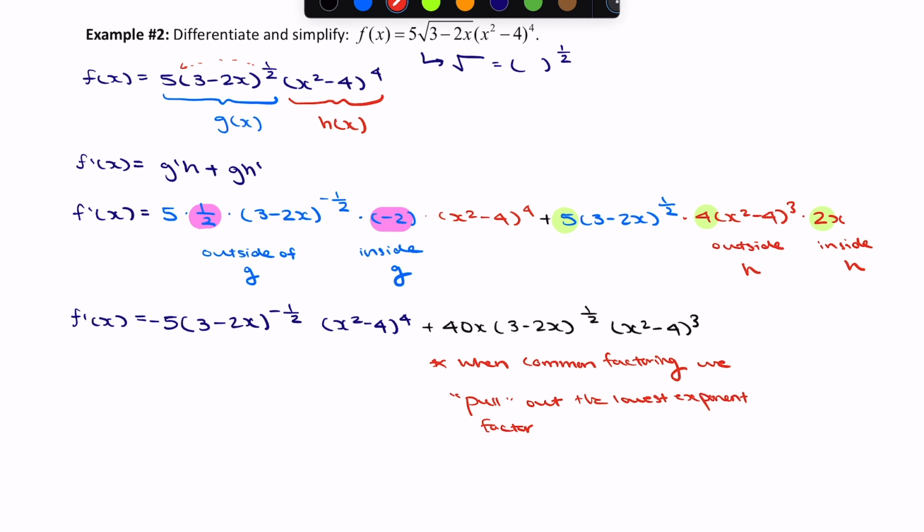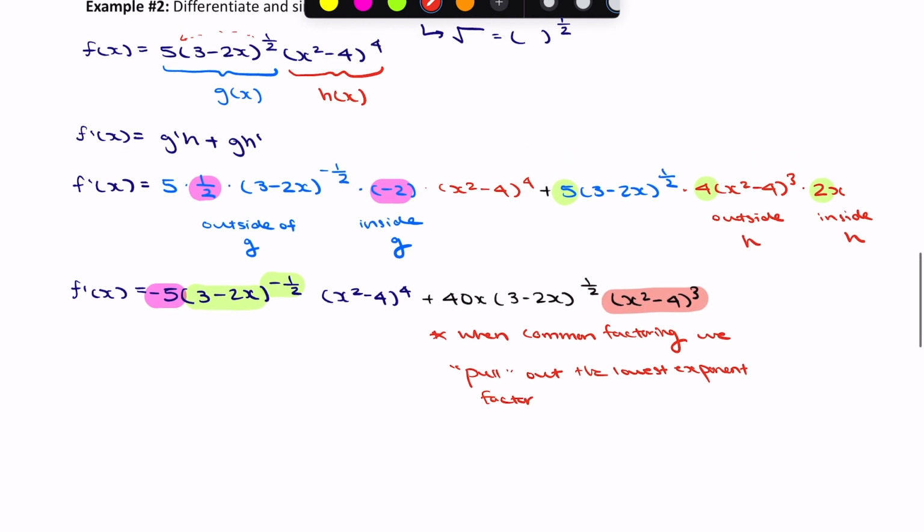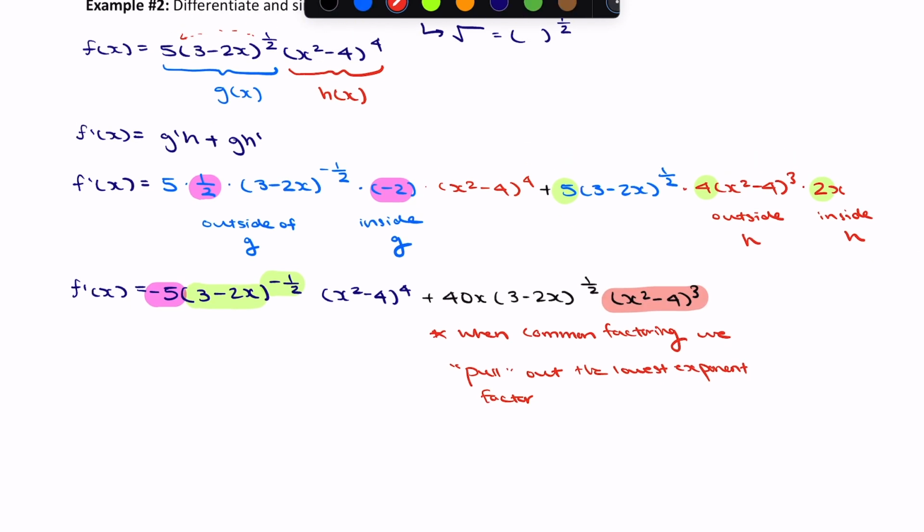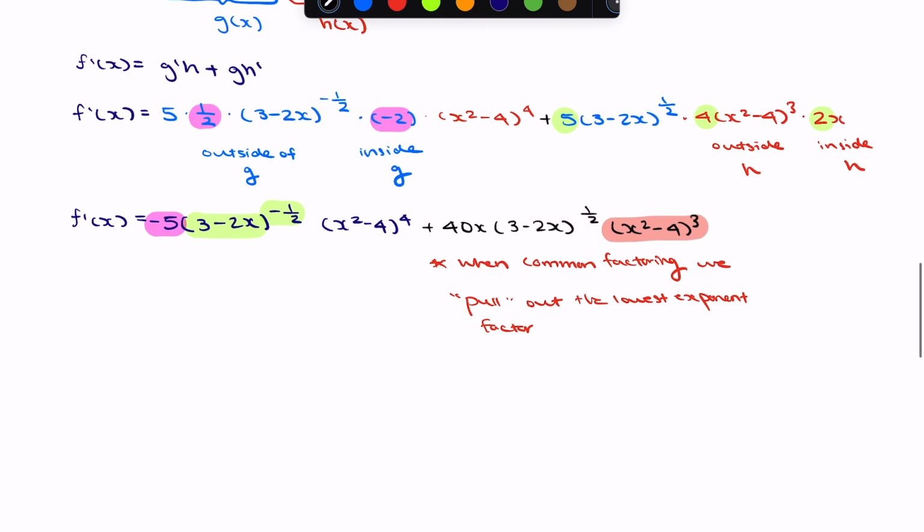If we look here, we have a couple of things we can take out as a common factor. Here we have negative 5. We have (3 minus 2x) to the power negative 1 over 2. And here we can take out (x squared minus 4) to the power of 3 as our lowest. Okay, so we'll take those out, and we'll be left here with